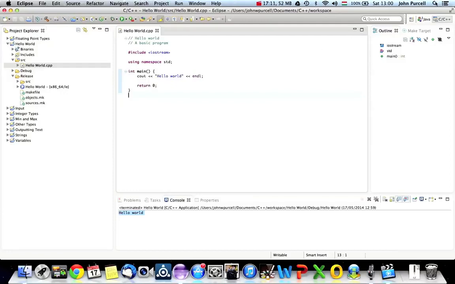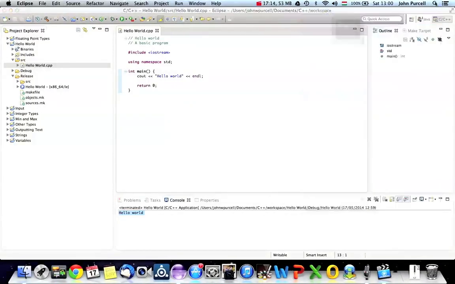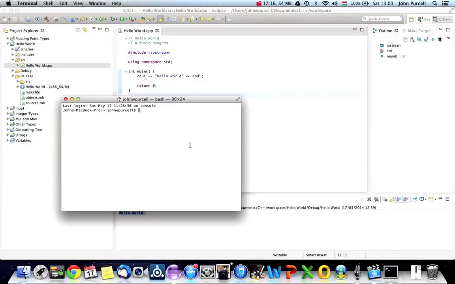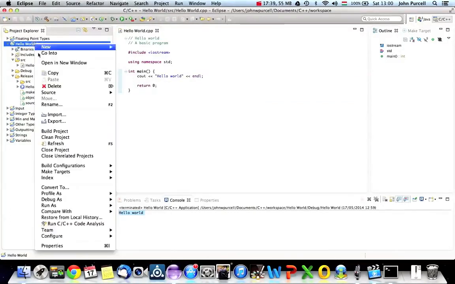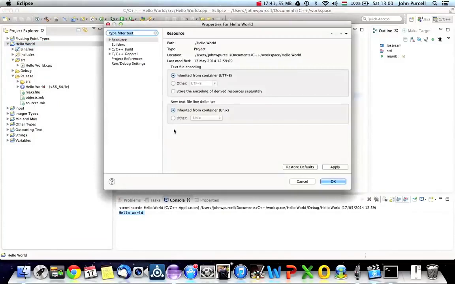So let's go to the terminal here in the Mac, and in Windows it's called the Windows console. And you used to be able to start it by going to the start menu, and then in one of the submenus there was something called command CMD, or you could go run command CMD. But anyway, so I'm just going to go to this program here. I'm going to click on the program folder, the root folder, go and right click and go to properties and resource here, and there you can see where the project's actually created. So I'll just copy